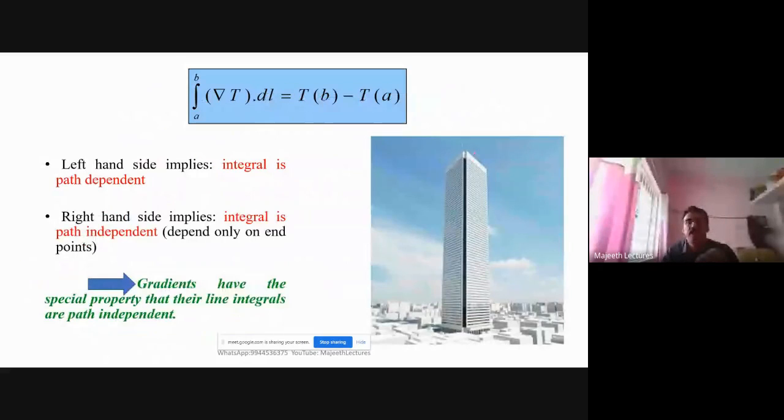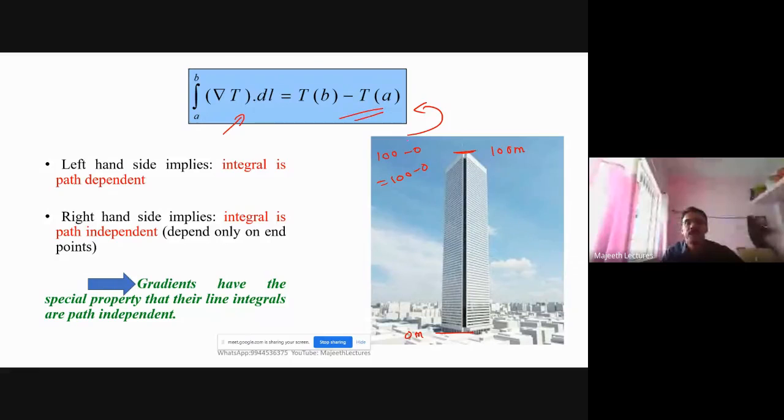See, del T is maximum change. Here you see, right? So this is the slope I told you. Del T is the slope, or maximum change. So suppose let us assume this is 0 meter. This is 100 meter. How can I calculate the height? First, what I do, what is the height at this point? I find 100 meter. Then I find what is the height at this point, 0. So I find 100 minus 0. That is what this one.